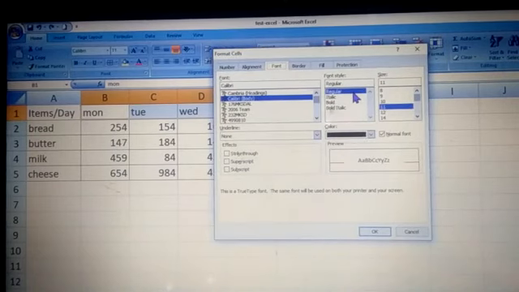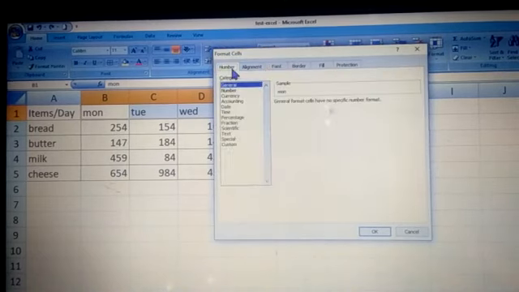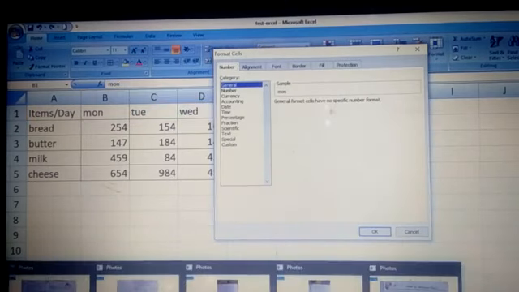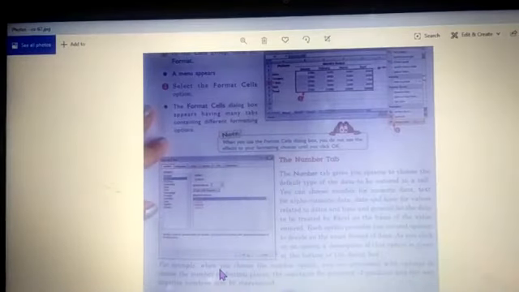a dialog box will appear. Okay, see, the very first tab that we are having is the number tab, and in number tab what you can see, number, general, currency, all these things are there. So if you want to make any changes, you can make from it, and let's see what this number tab is all about. So I will generally give you the gist of number tab.